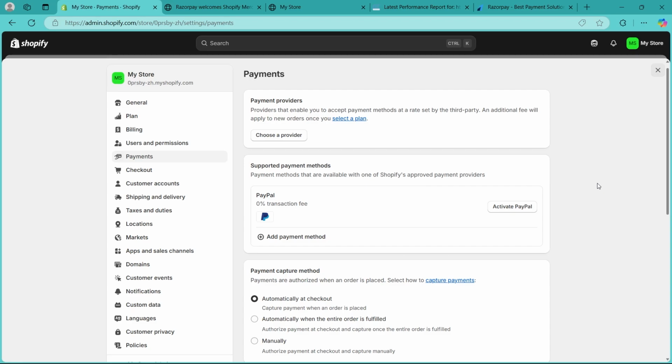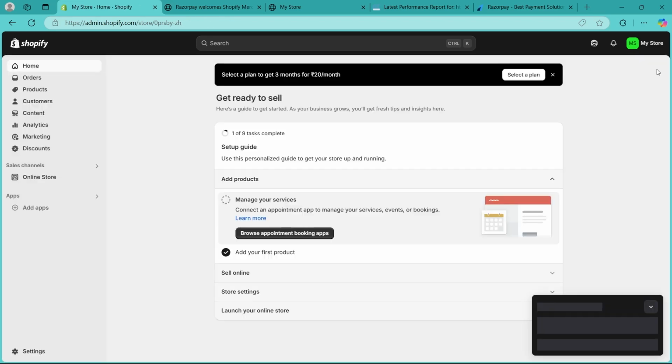Now step 3 will be testing our PayPal checkout. Place a test order using a different PayPal account, check Shopify order details to confirm payment success and your PayPal checkout should now work without errors. So that's how you